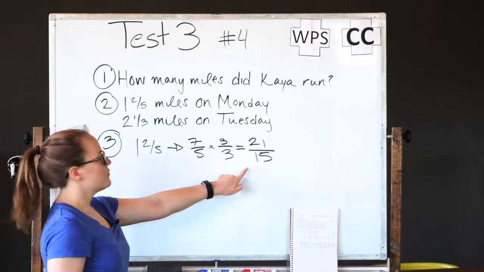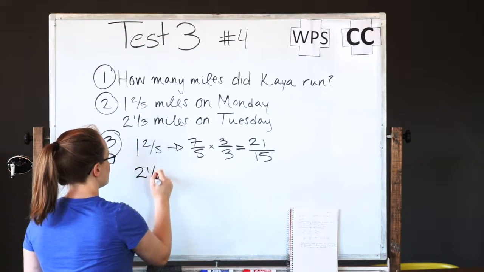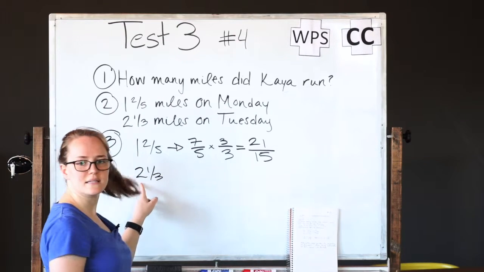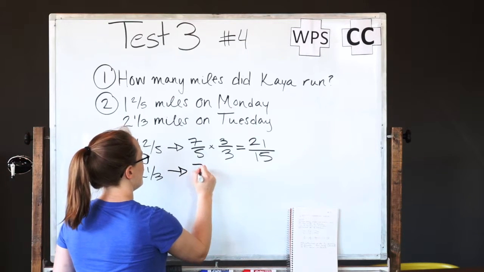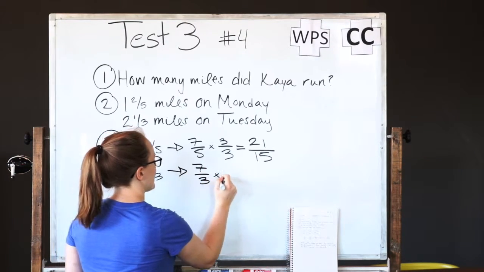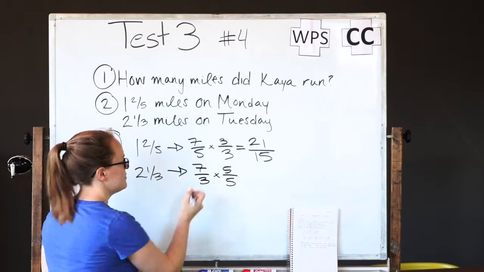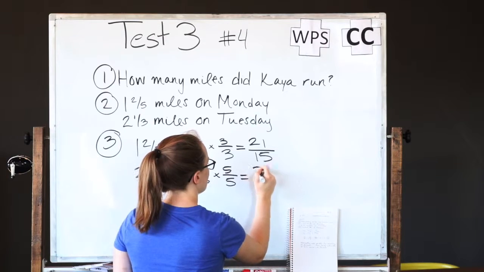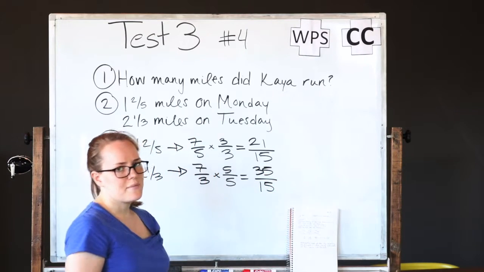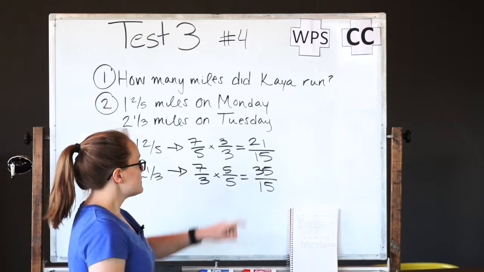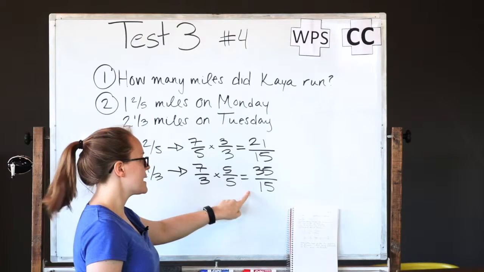So we have 1 2/5 taken care of. Now we're going to do 2 1/3 the same way. So 2 is the same as 6/3. So that becomes 7/3 times 5/5 to get 15 on the bottom. And that gives us 35/15. So what that means is on the first day, Kaya ran 21/15 miles, and on the second day, she